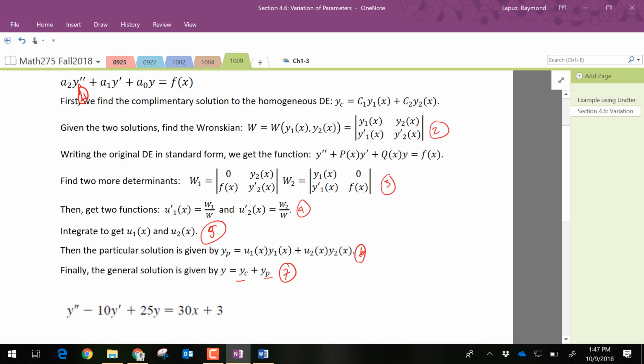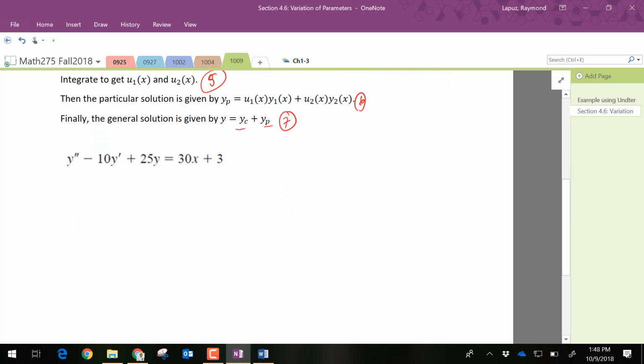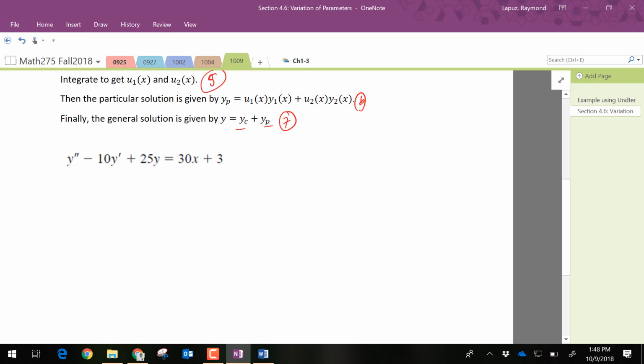So we could take a look at this as a 7-step process. And the other one had 3 steps, right? I mean, each step was a little long, but 3 steps. So this is clearly a little bit more involved. But like I keep saying, it's going to give us solutions to some non-homogeneous differential equations that we wouldn't be able to find using the other method. All right, so